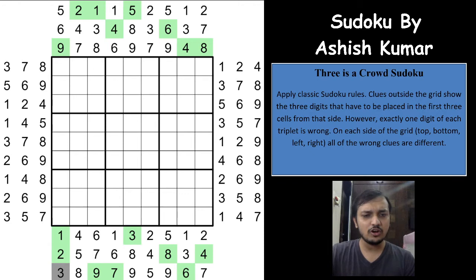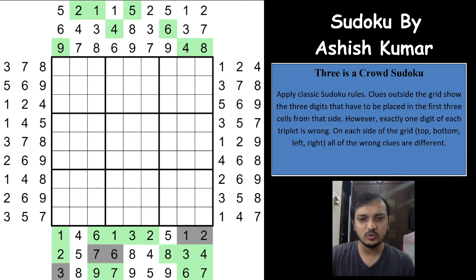So 3 is already wrong, which means all the 3s have to be correct now, which means again 2 digits are already correct. This has to be wrong, right? 1 has to be wrong. Now all the other instances of 1 have to be correct. 6 is wrong, which means all the other instances of the 6 have to be correct, which means the 7 is wrong now, and all the other instances of the 7 have to be correct. 2 is wrong, so all the other instances of 2 are correct, right? So we have reached till here. We have already marked all the possible liar and the correct digits, right?